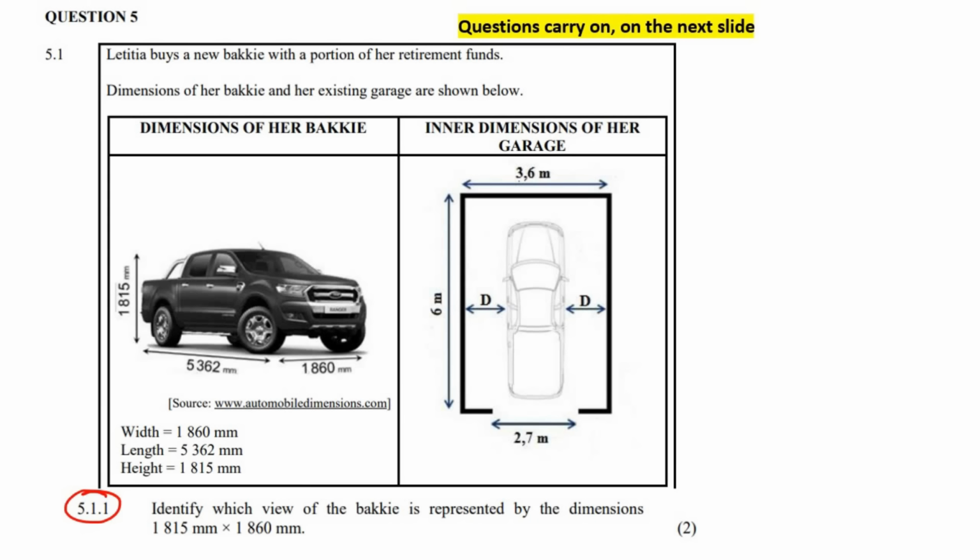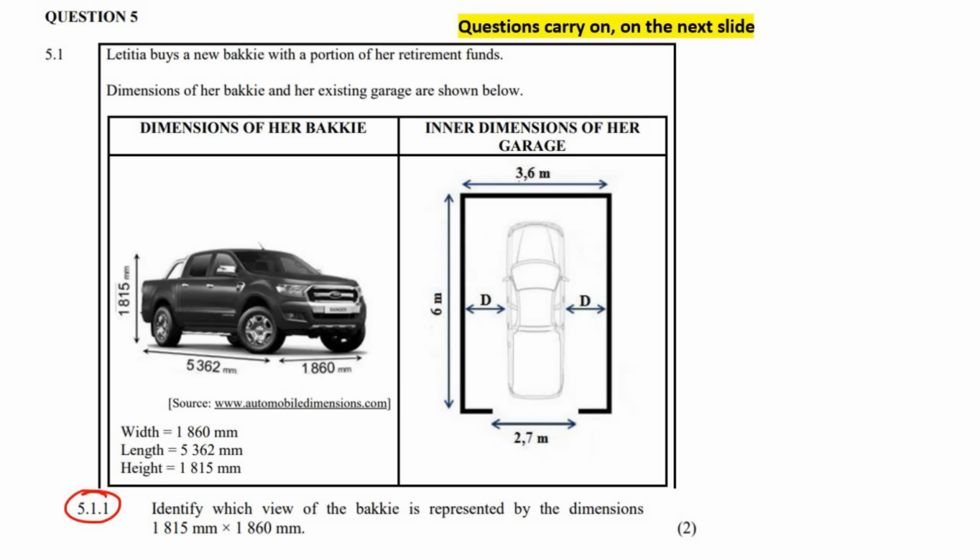So, the first question, let's first see here. They've given us the dimensions of this Bucky in millimeters. So this is the Bucky, and this is the garage where the Bucky is parked. Okay, I get it. They tell us here, identify which view of the Bucky is represented by the dimensions